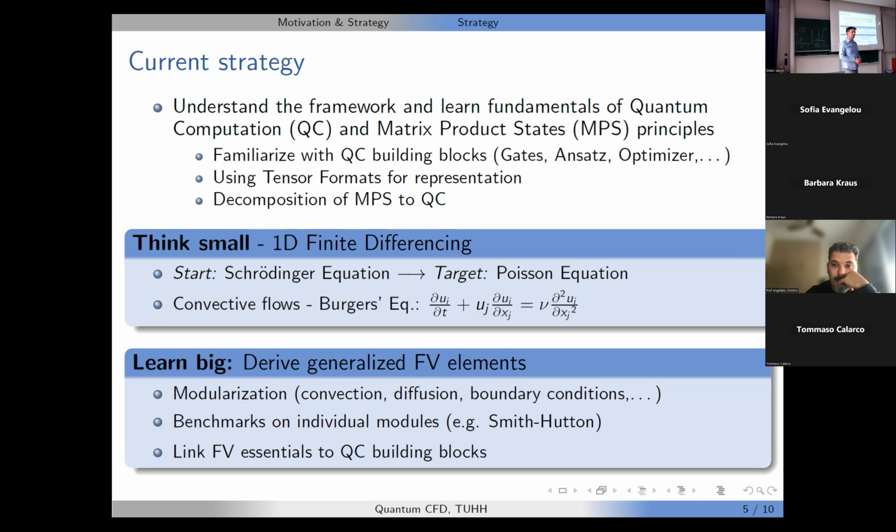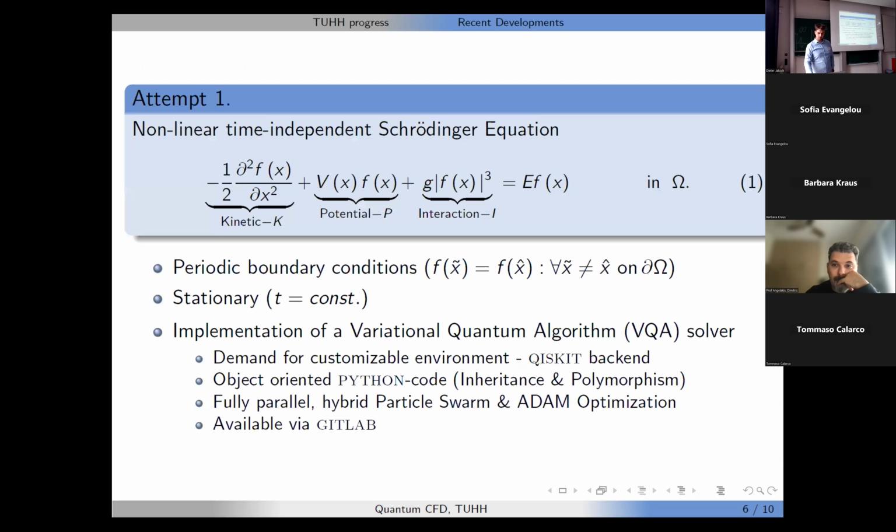I would say start simple, as he said. Probably the diffusion term is, from the CFD perspective, the simplest term you can get. I guess also from the quantum side. You should be able to mimic, as I said this morning, a constant, which is the solution for this very trivial boundary condition scenario. And believe it or not, we failed with this initially. We can do it, but we failed initially. And that's the only connection.